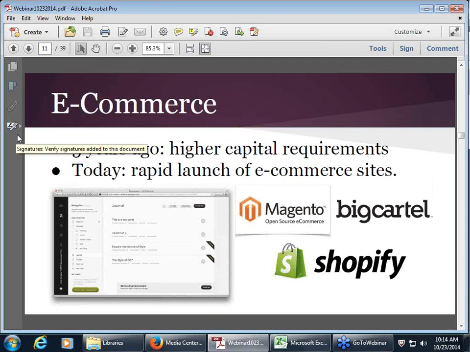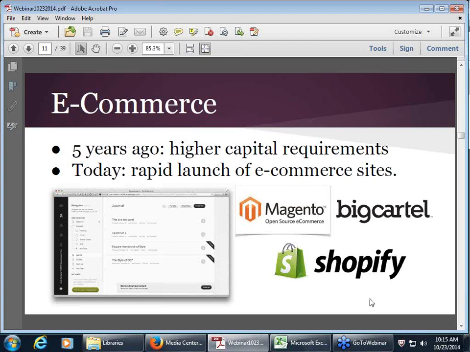E-commerce. So again, e-commerce, mostly due to CMSs and also due to the simplification of the process to accept online payments, has become much easier for entrepreneurs. So late 90s, building an e-commerce website may have cost you hundreds of thousands of dollars, whereas now it can be done very well for under $10,000 and reasonably well for under $5,000.